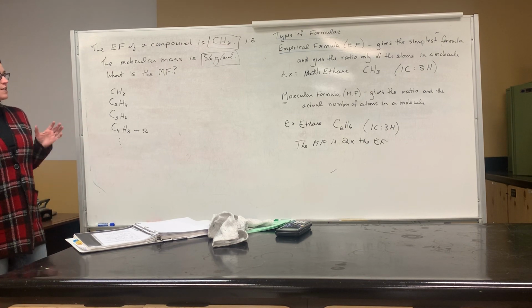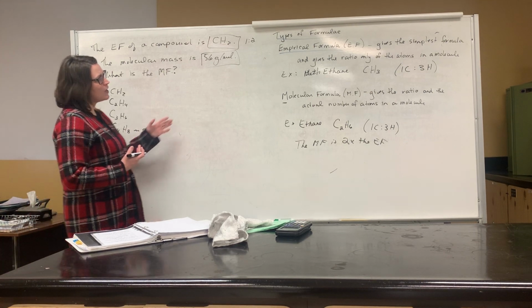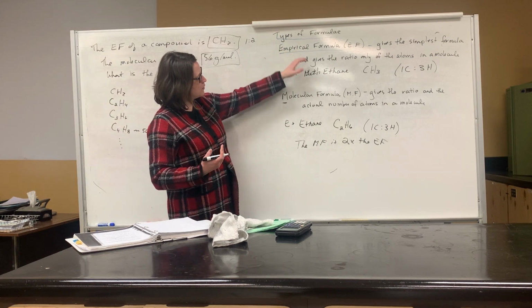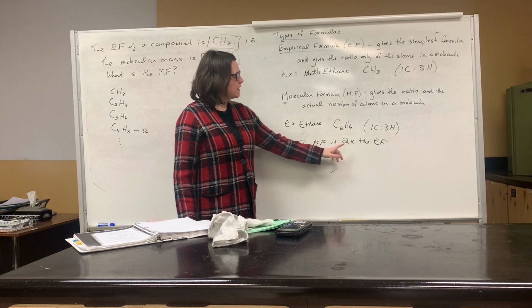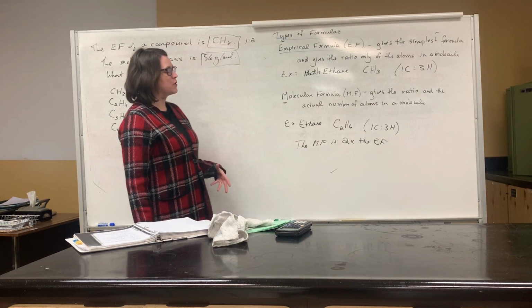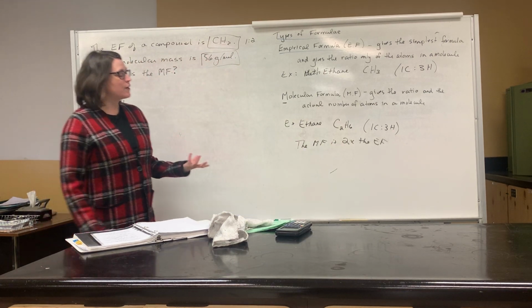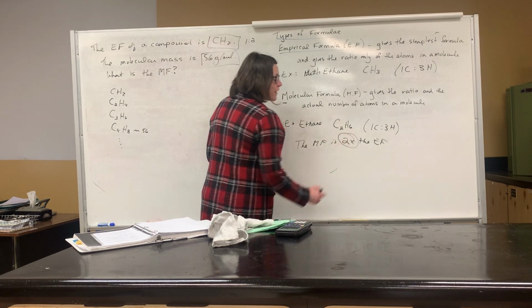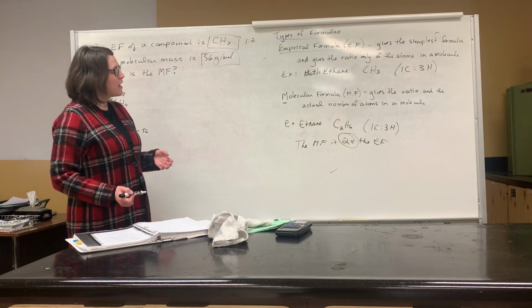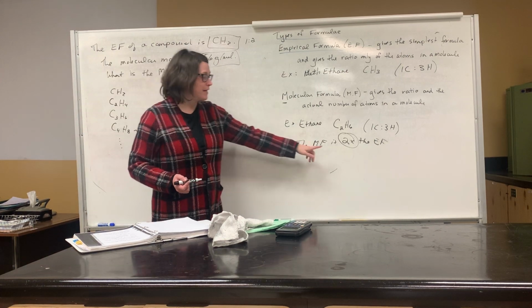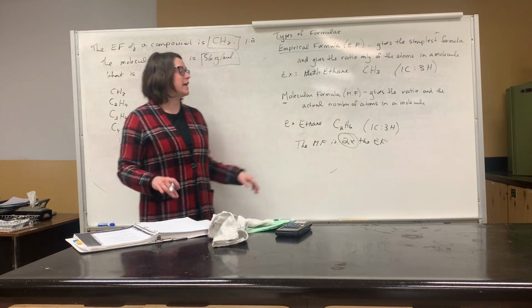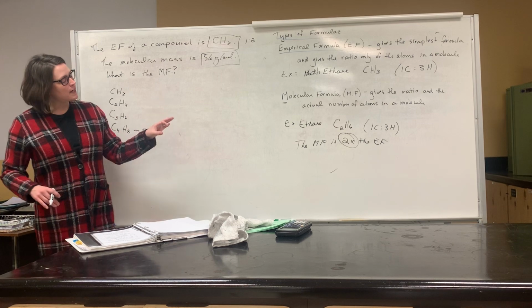There is another easier way to do it. If we look here, the empirical formula and the molecular formula, we know that they're related by the number 2. That's what you're trying to solve for here, is how are these 2 things related? This particular example, again, is 2 times. That is not always the case. So how you get that multiple here is